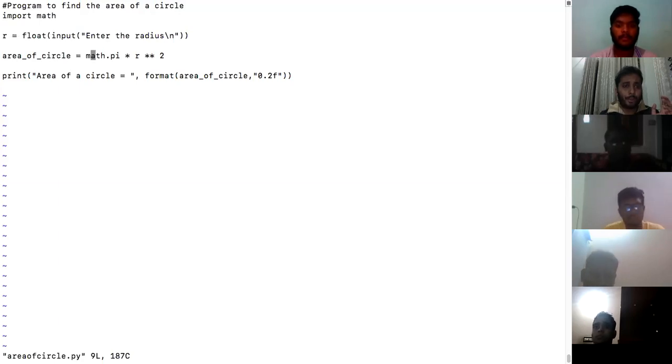Then for r square, you have this exponent operator. And I want the output to be formatted as a float with 2 decimal places, so I have used the format function also. So in our constructs, we also had to add this format. Is that okay? Is there anything extra you have done, very neatly? Have you done anything different? Is there anything that you missed in this program?